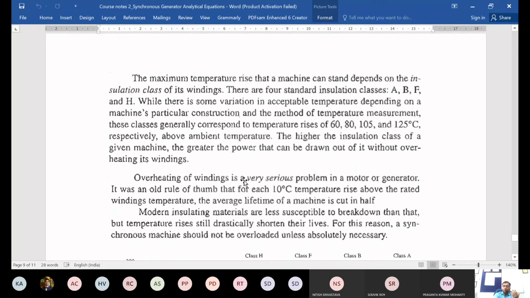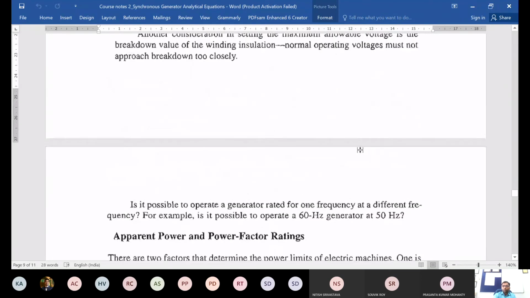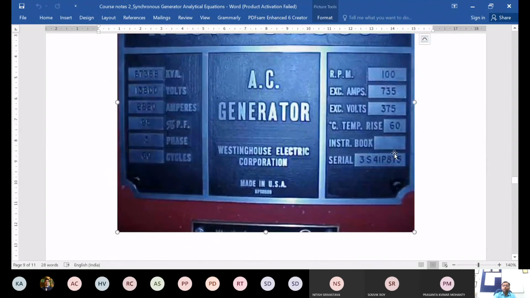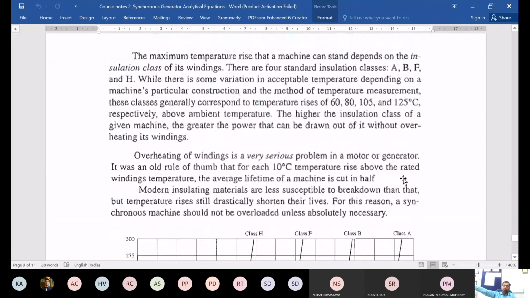And what happens if you are overheating, if your temperature is going above? So as it says here, this is the maximum which it can tolerate before the insulation will break down. Like here in this example, this is the maximum which the machine can tolerate in terms of temperature rise. So this is the breakdown. This is basically the class A insulation machine, that's why 60 degrees Celsius. But breakdown is the extreme thing, that is final, the winding actually breaks down. There is a fire which it will catch.